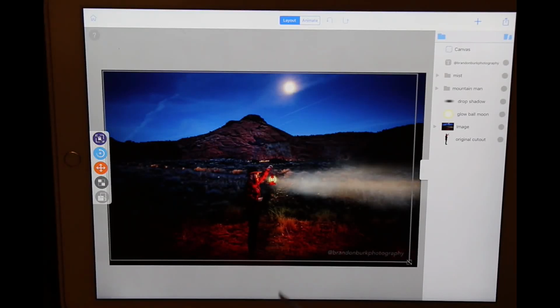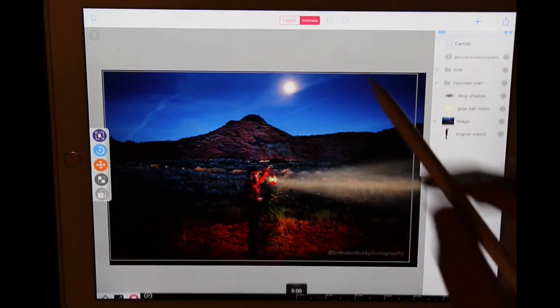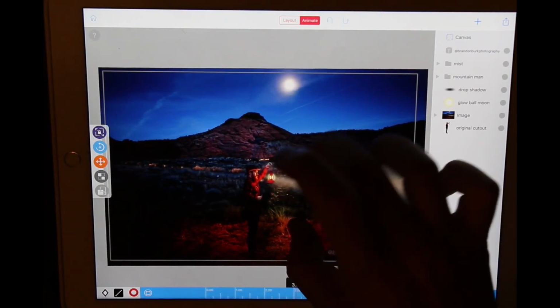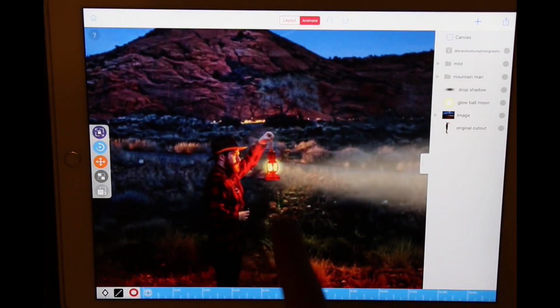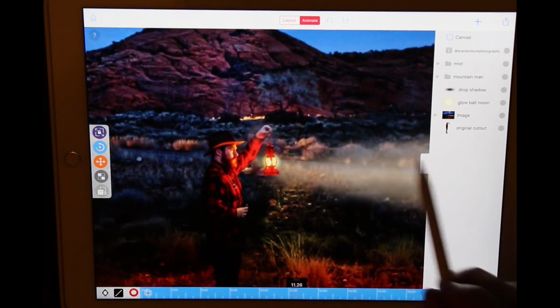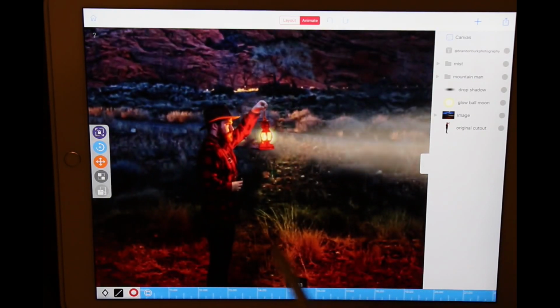In this one we're going to be talking about this project done by my very talented photographer friend Brandon Burke. We've taken this image and we've added some animation to it. So we have some ambient motion going on where there's some separation between the main character and the background. We've got the lantern swinging, some mist and some breath, and some weeds in the wind, and his hat